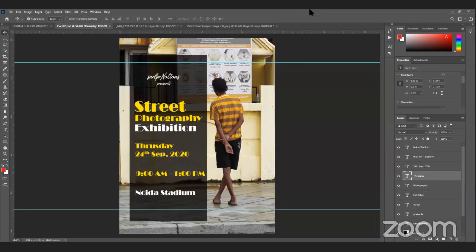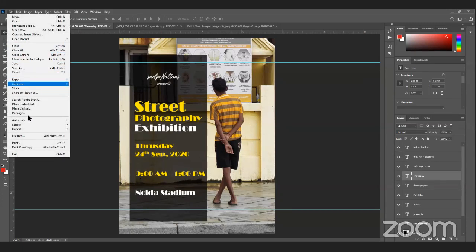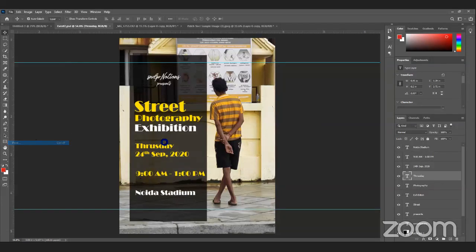Okay, so if you want to print from Photoshop, you can print it out, and there is nothing difficult. It's just that you have to choose the perfect size of your paper. Paper size is there, the same paper that you have available, instead of using a different paper size and creating a different canvas. So you have to be sure that you have chosen the correct paper size. So how can you print? File, print, and from here,